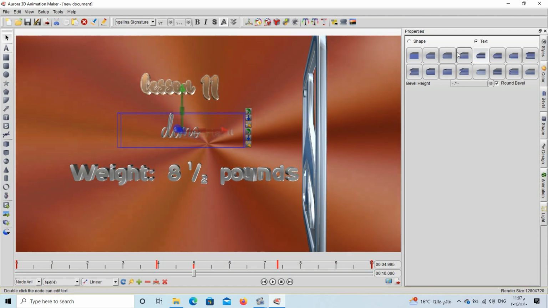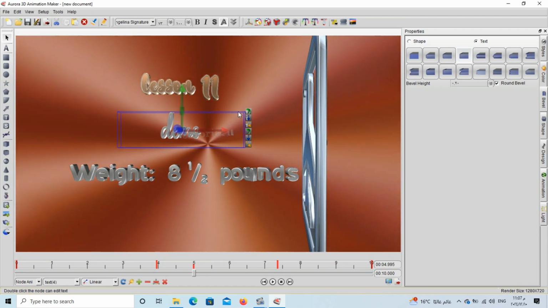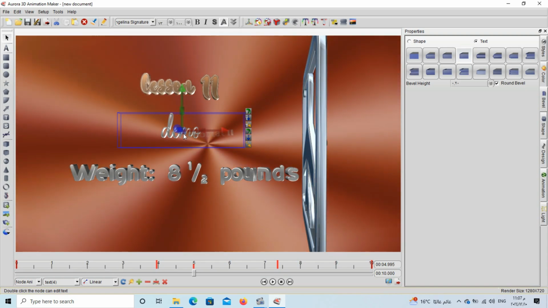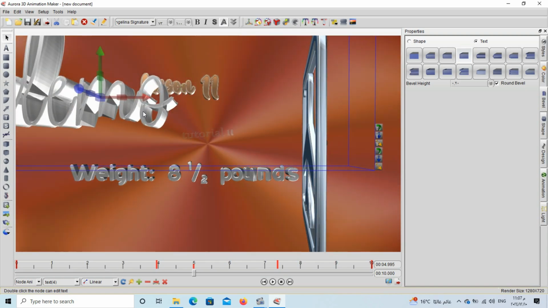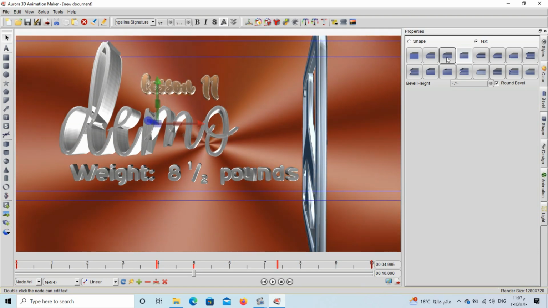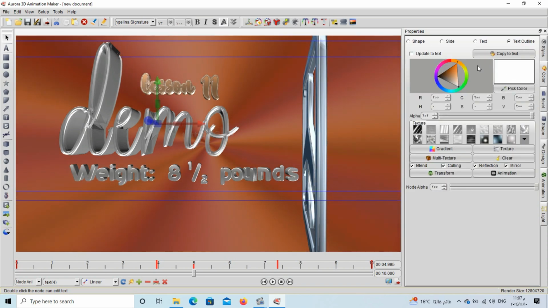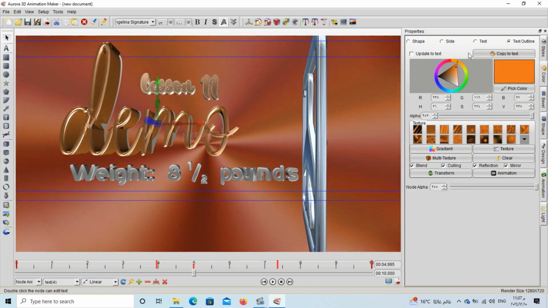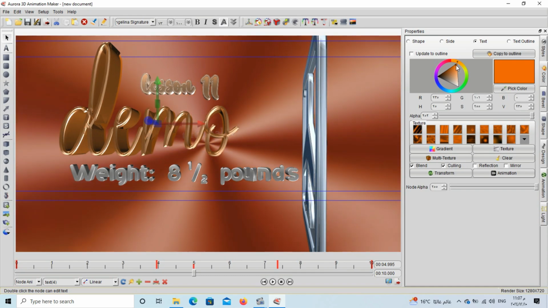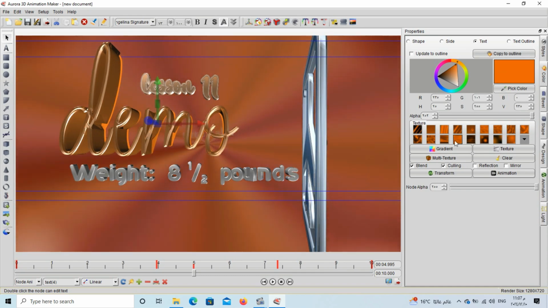Let's say I will choose this bevel, give it a color. Let's choose this one like here. Let's change this one, give it a texture. Remember to choose your texture, give it a transform. Let's say rotation 9 degrees. Let's give it animation. Also vertical scroll half. Let's say I'll give it reflection, mirror, and remember to